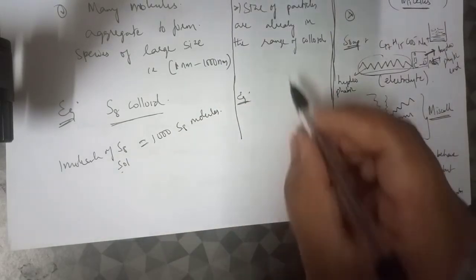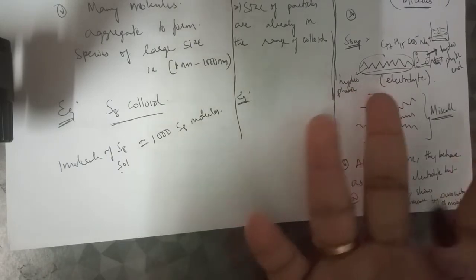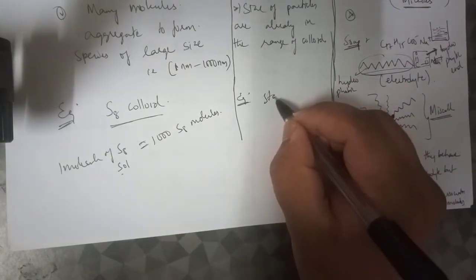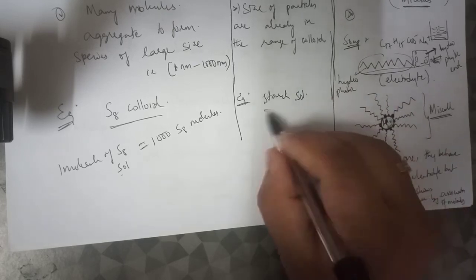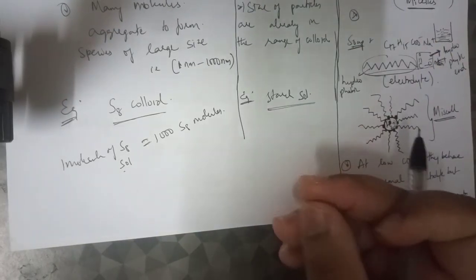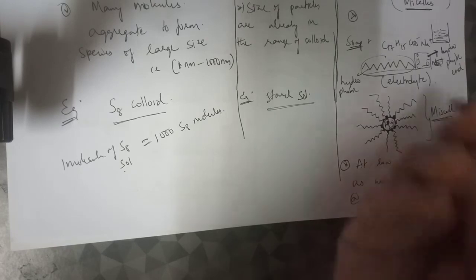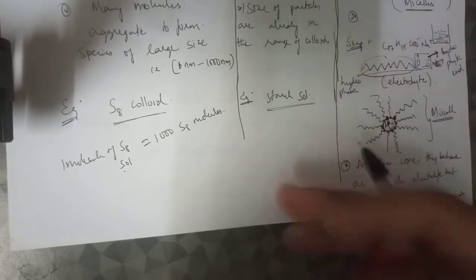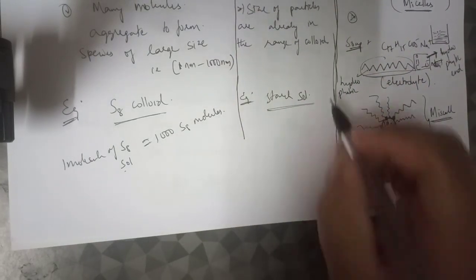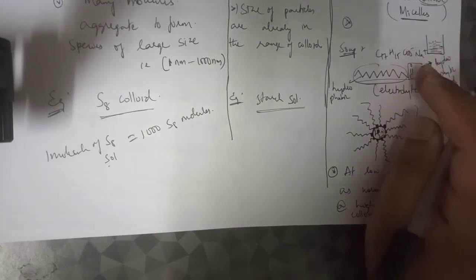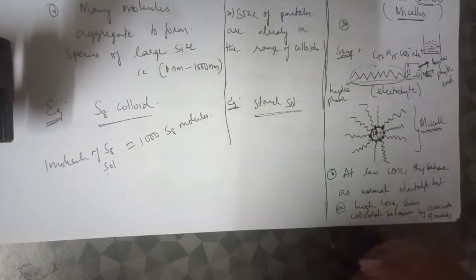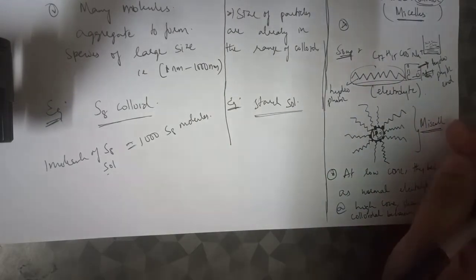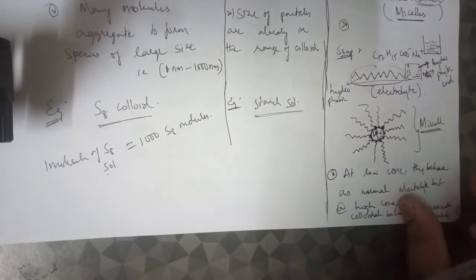Fine. So macromolecule, just now I told you, that is starch solution. Example is starch sol. Just take the proteins or vitamins or enzymes, just drop them in water, you can make the colloid. And for the associated one, as said already, the best example is soap molecule dropped in water. Fine. Now from here only we can try to explain.